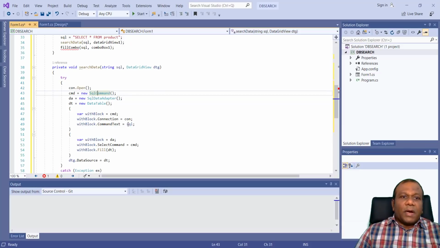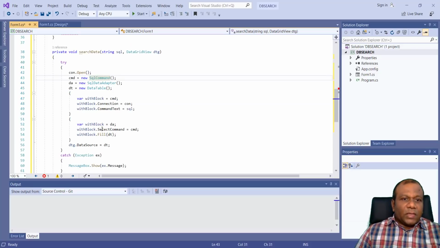For the with block, command text is the SQL. SQL is select all from product, right? With block DA, select command equal to CMD, fill DT, right? To the data grid view, DTG data source DT.